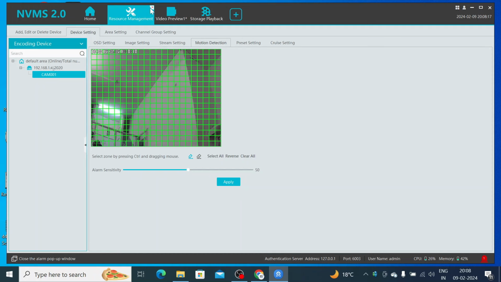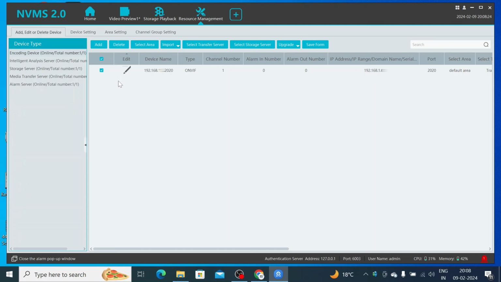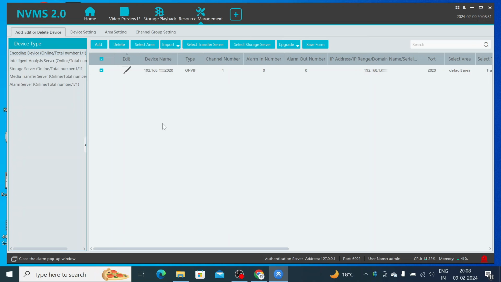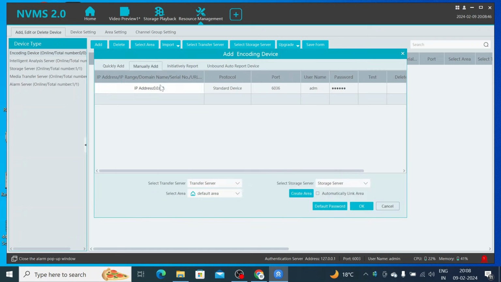Now just close this, and there is another way of adding. For example, it searches for the camera automatically. Sometimes it won't search. Let's just delete it. And you know the IP address from the router and from the app, and you fixed it. After that, just click on add, and here you find the option manually add, like this. Click on manually add, and here you should enter your